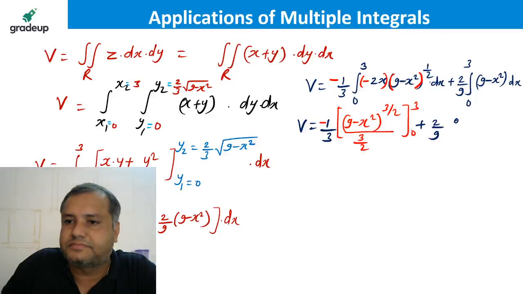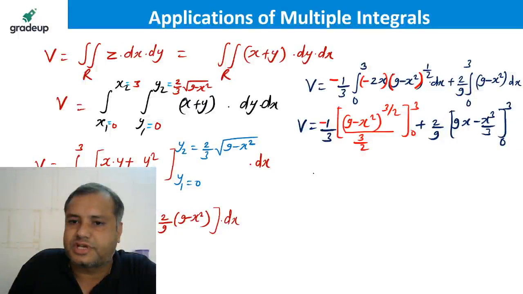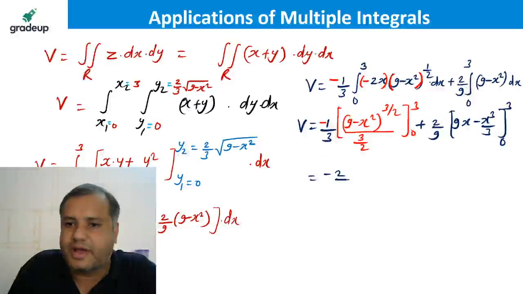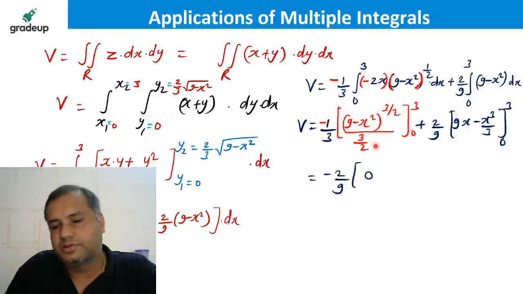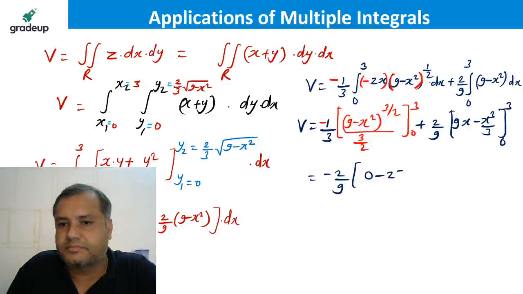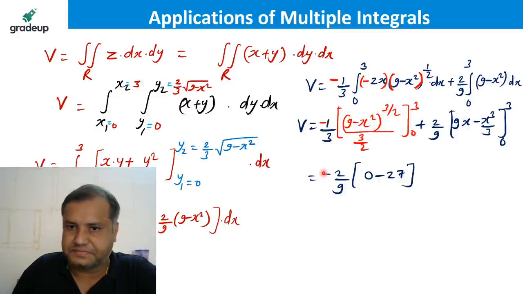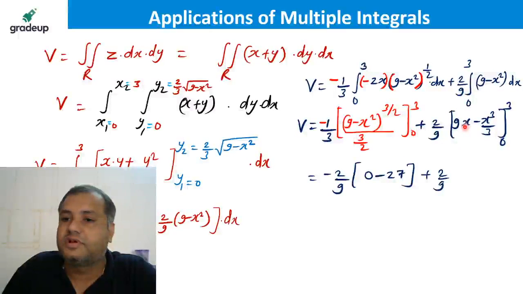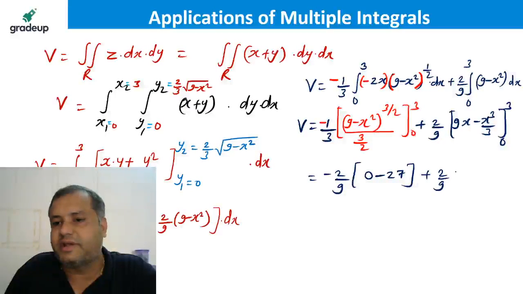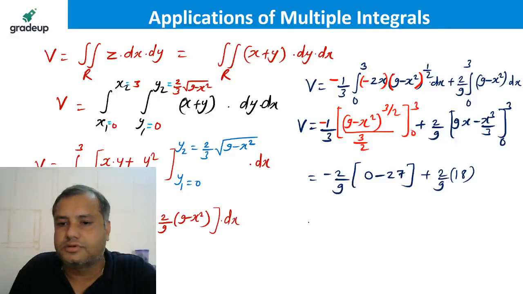Integration of 9. Integration of x square, x cube by 3. Limits 0 to 3. So minus 2 by 9. Put upper limit x equal to 3, that will be 0. Put x equal to 0, we will be getting 3 cube, that is 27. 9 3s are 27. 27 minus 9, that will be 18. So our answer will be